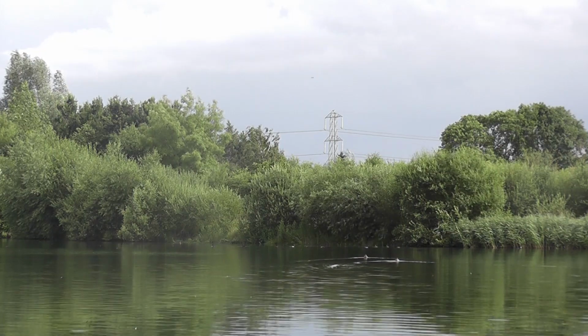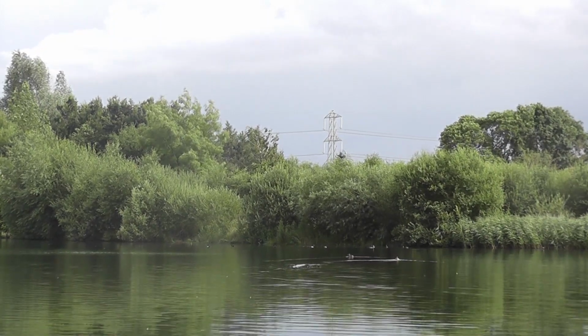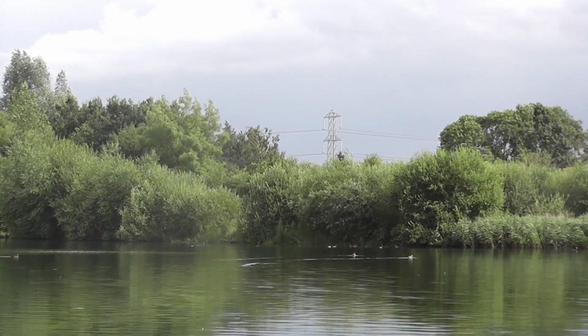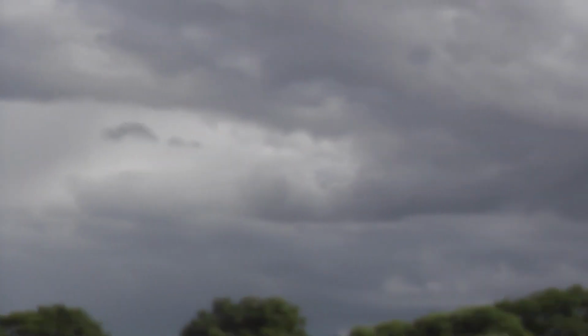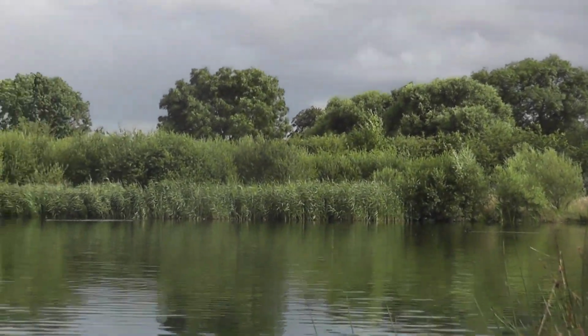So I've seen a couple of fish in my swim. Unfortunately not out where my bait is. I've been closer in, so I might have to have a rethink on that if I keep seeing them. But it's only a couple I've seen. But at the moment we've got glorious sunshine. As you can see, the cloud is forming, and we do get some rain. So yeah,